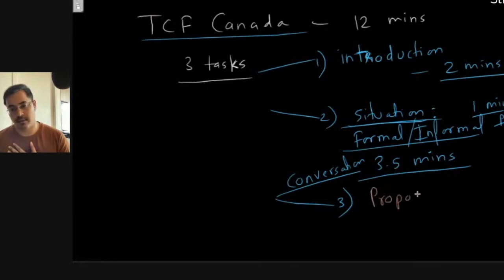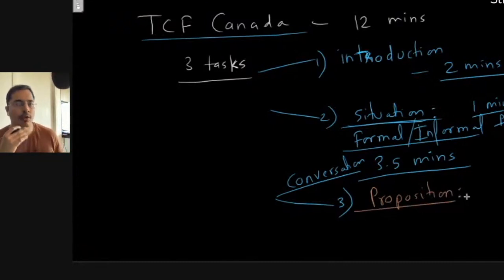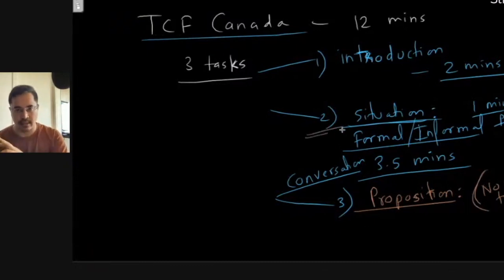Third task, proposition given by the examiner. The examiner will present you with a proposition, a statement, for example, nobody should get pension after retirement. Okay, "il faut annuler les bénéfices pour retraité." One should not get pension after retirement. That's a statement that the examiner will give you. Now you get no prep time, zero preparation time, maybe a few seconds here and there. That's to catch your breath. If you do not understand the proposition by the examiner, you can ask again, similar to section 2.